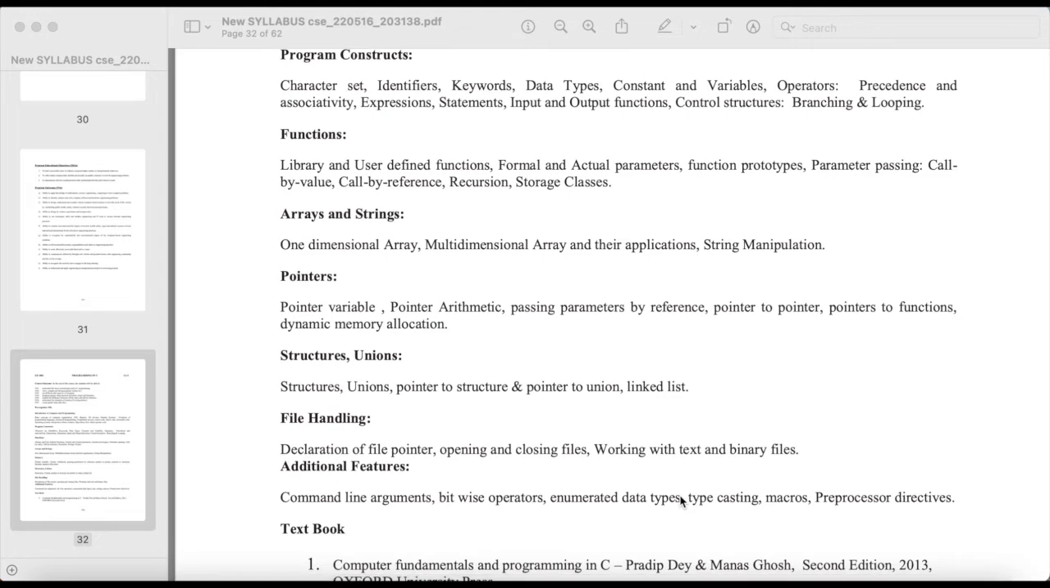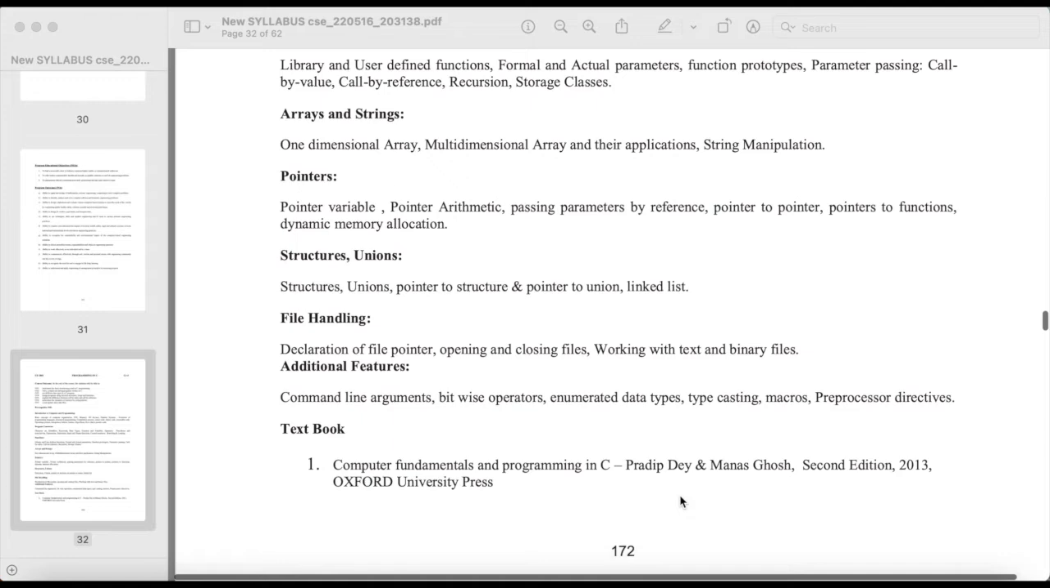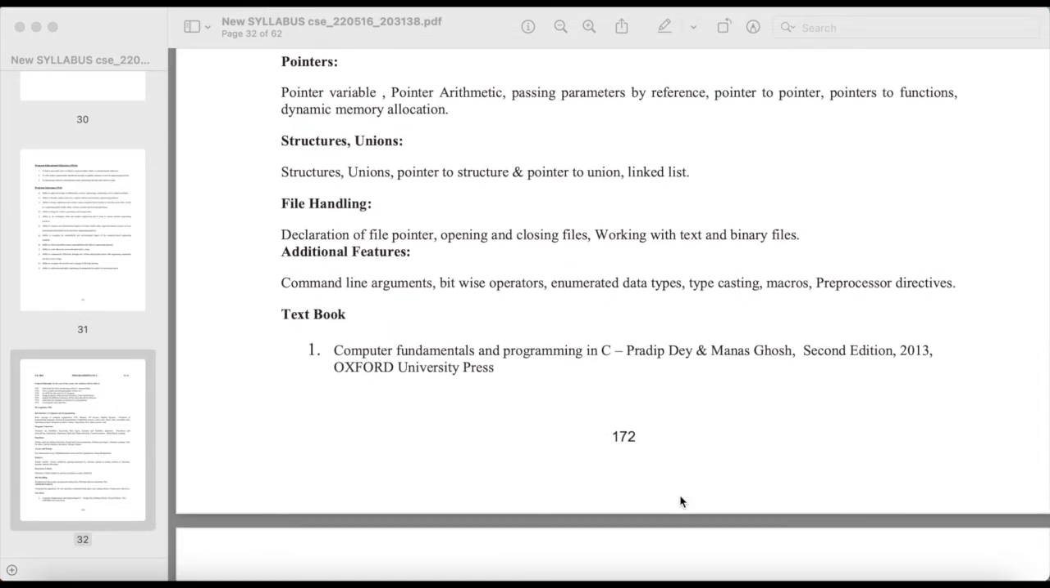types, constants and variables, operators, precedence and associativity, expressions, statements, input and output functions, control structures, branching and looping, functions, library and user-defined functions, formal and actual parameters, function prototypes, parameter passing, call by value, call by reference, recursion, storage classes, arrays and strings, one-dimensional array, multi-dimensional array and their applications, string manipulation, pointers, pointer variable, pointer arithmetic, passing parameters by reference, pointer to pointer, pointers to functions, dynamic memory allocation, structures, unions,